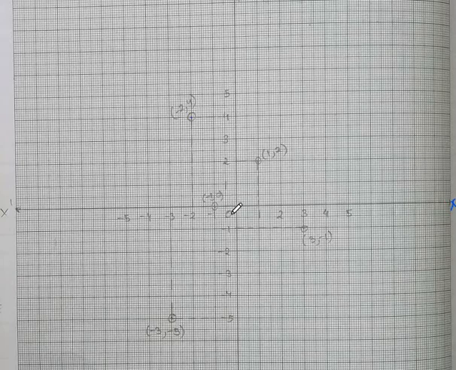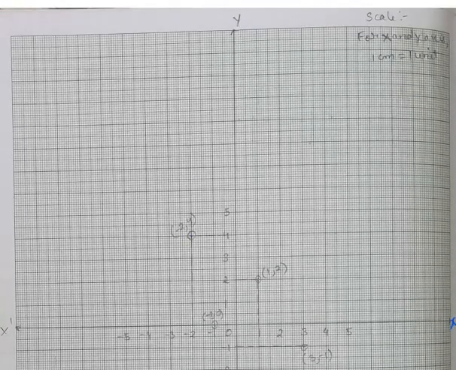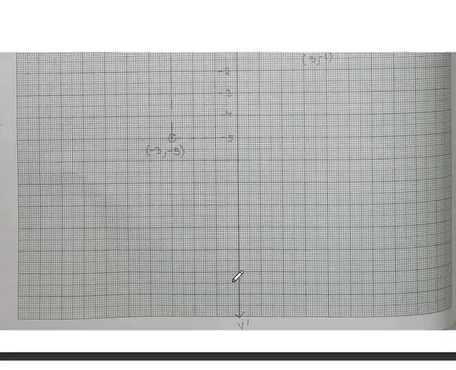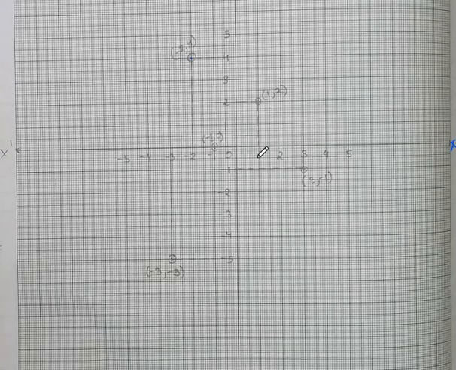This is the representation. So when you are handling the graph, please draw perfectly. Use the full page. One vertical line top to bottom, upside y, downside y dash, and one horizontal line like this from the middle. This corner capital X, this corner x dash, here origin. And then right after the origin, on the right side x is positive, so you write 1, 2, 3, 4, 5. Since your points are very small, numbers are less, so up to 5 will be enough. On all sides you put up to 5. Right side of x is positive, left side x is negative, upside y positive, downside y negative.